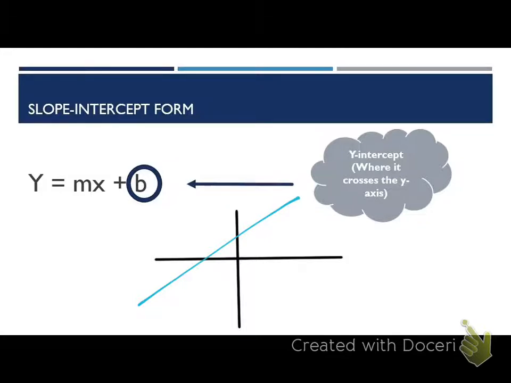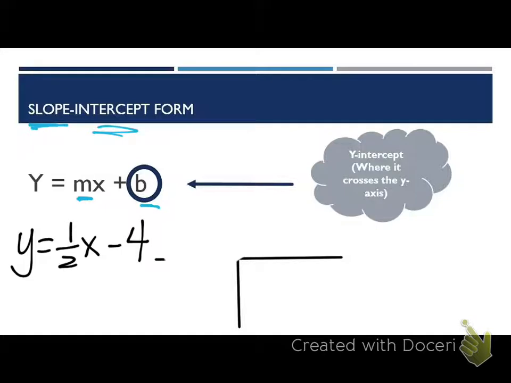The y-intercept is where it crosses the y-axis. So this formula tells you the slope, which tells you rise over run, tells you how much it's going up and over, but also tells you the y-intercept. Okay, so that's why it's called slope intercept form, because it shows it to you. So if it's written in slope intercept form,